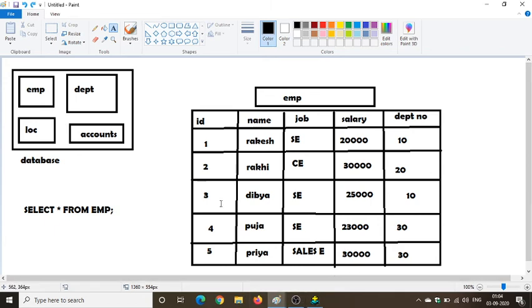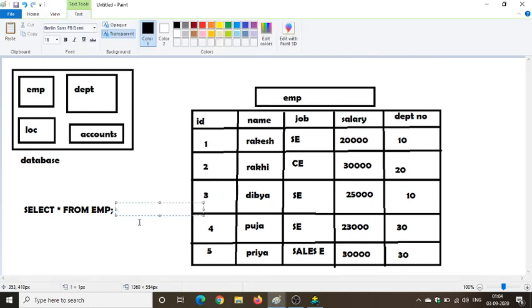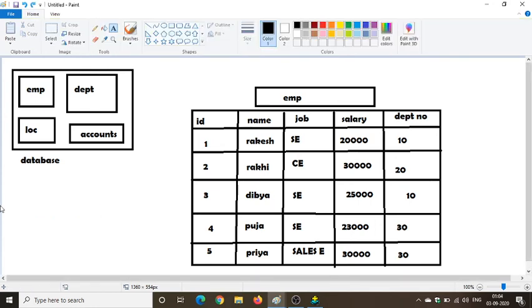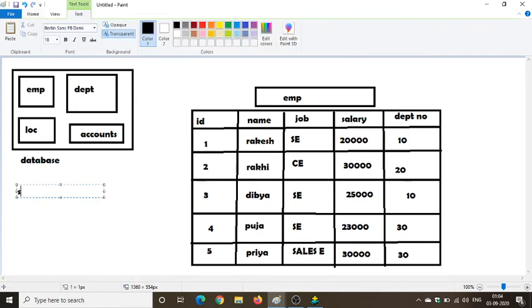when we are writing select star from employee, let me change the entire query. Let me write another query. Select name from employee where ename